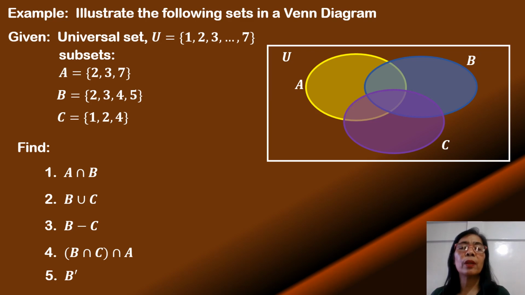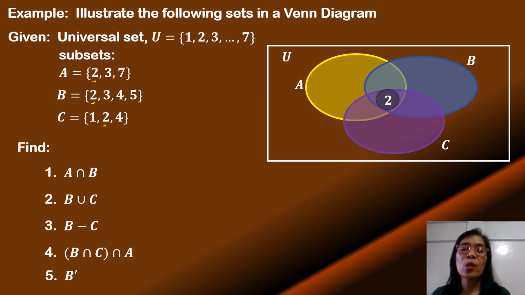When you draw now the elements inside the oblongs, you start with the element or elements which are common to the three sets. Notice that 2 is common to the three sets. Looking at the diagram, this is the region common to the three sets. So this is where you write the common element 2. And then we now go to the